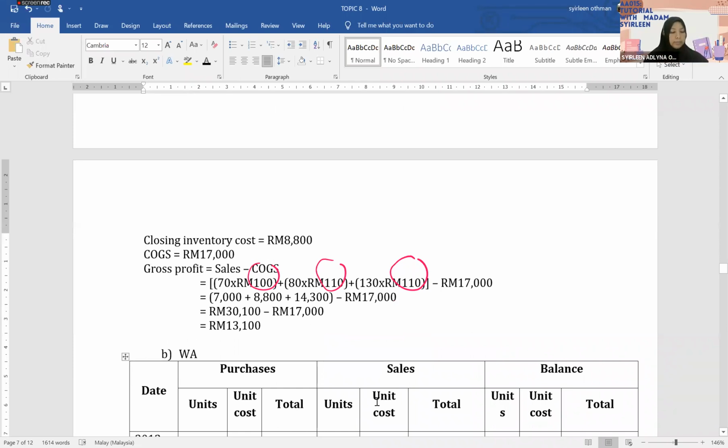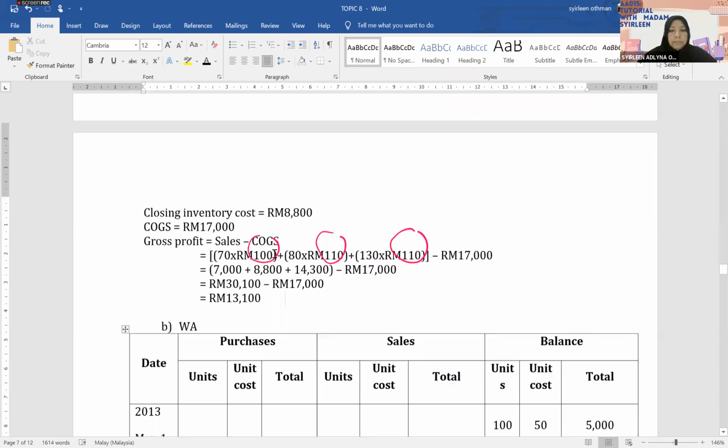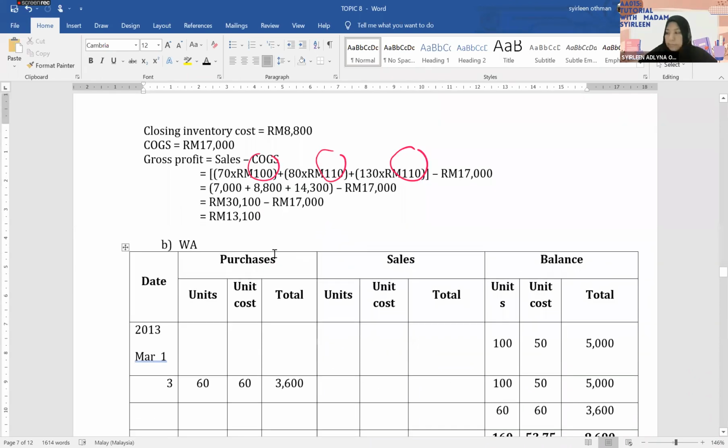Okay, ada soalan nak tanya? Tak ada? Clear? Ya, madam. Okay. Ya, madam. Alright, so kita terus buat